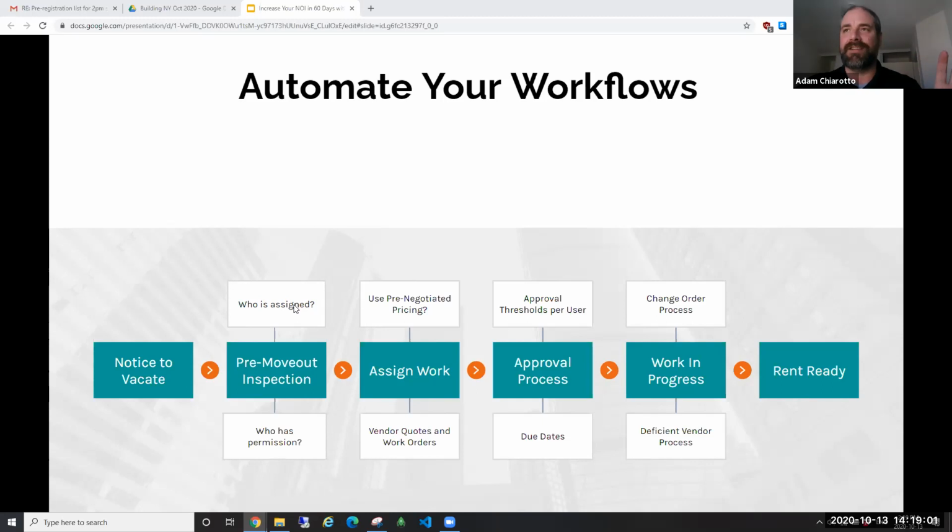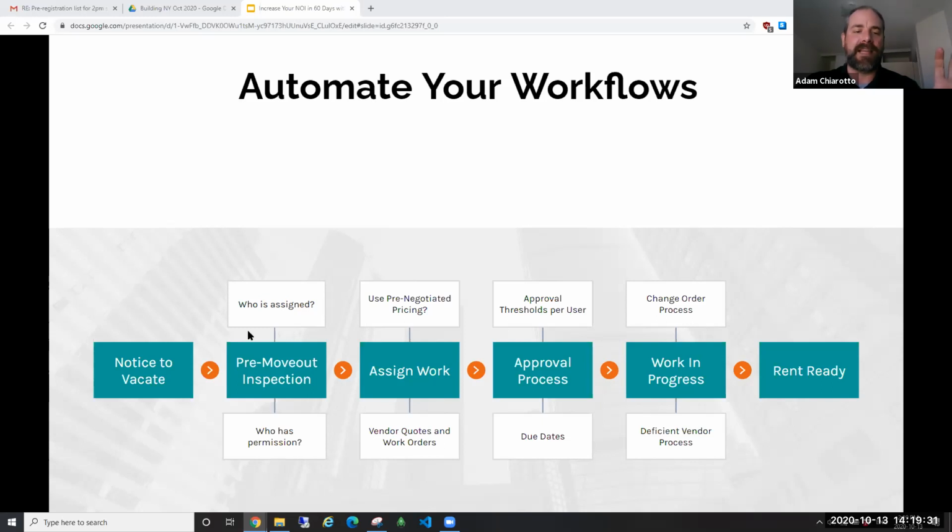Same thing with who's assigned to do it. You always want to make sure that somebody has responsibility for performing each task. So we don't want to say this task has to be performed and then leave it in a black hole, or leave it on a table for somebody to pick up, although that is an option. But for the most part, we want to make sure that somebody is ultimately responsible for that. And if they're not able to do that, then somebody else is going to get alerted saying, "Hey, this isn't happening. It looks like there's trouble."